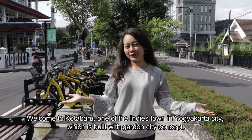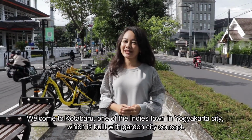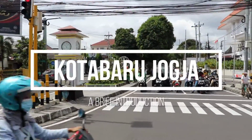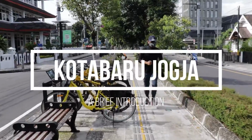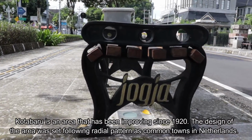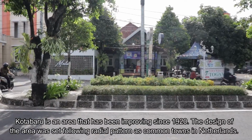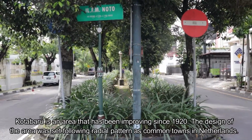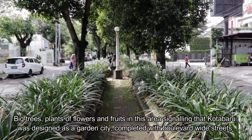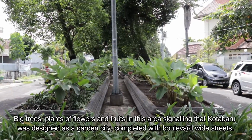Welcome to Kotabaru, one of the English towns in Yogyakarta city, which is built with the garden city concept. Kotabaru is an area that has been improving since 1920. The design of the area was set following a radial pattern, as common in towns in the Netherlands. Big trees and plants of flowers and fruits in this area signal that Kotabaru was designed as a garden city, completed